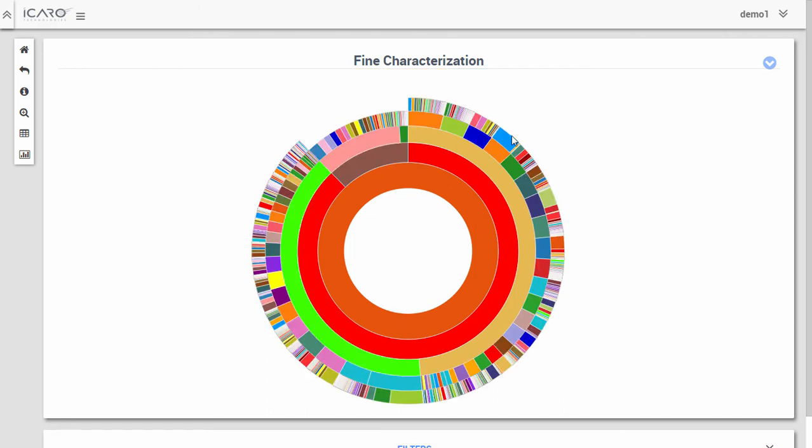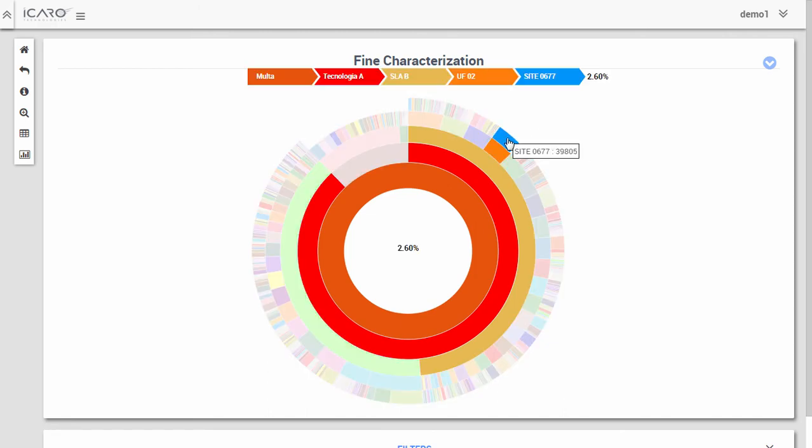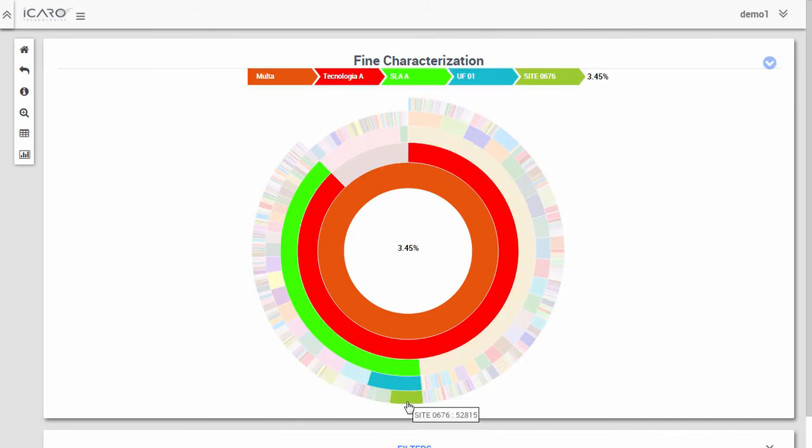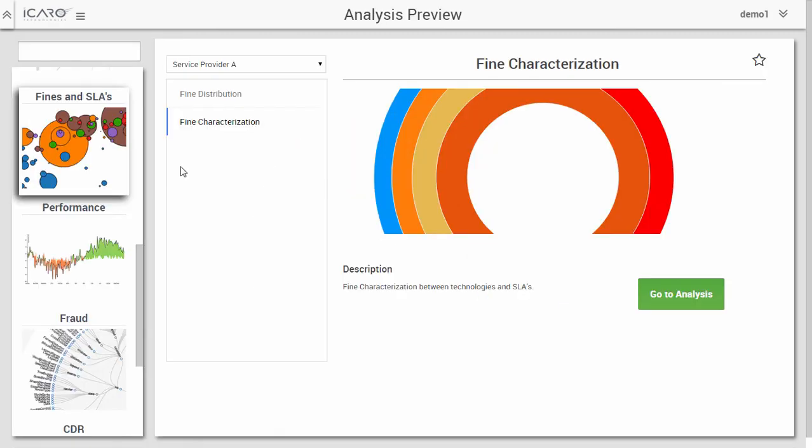So the idea here is if you go outside in, you can find a few cell sites or a few sites that represent a lot in terms of penalties paid. For example, this one represents 2.6%, this other one 1.87%, this other one 3.45% of penalties. So with one single screen, you can identify which are the sites that you need to take action on right now. So this is the overall spirit of this tool,